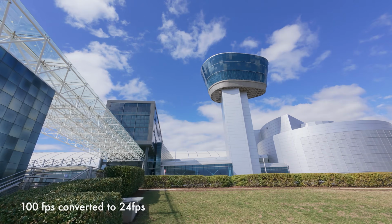And as I mentioned earlier, it does shoot a ton of different frame rates. So you could shoot anything from 24 to 30 frames. I like to use 24 frames per second when I'm filming my YouTube videos, but I like to use 30 frames per second for Instagram because that is the native frame rate. But like I said, you can also bump this all the way up to 120 frames per second. And I think the footage that's coming off of this camera at 120 is exceptional for the size of the